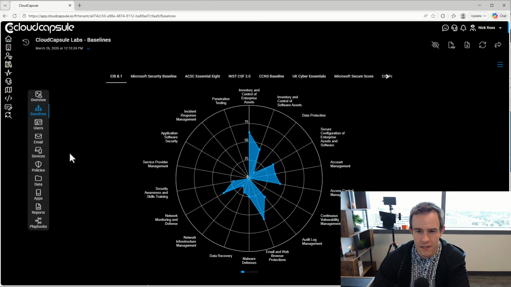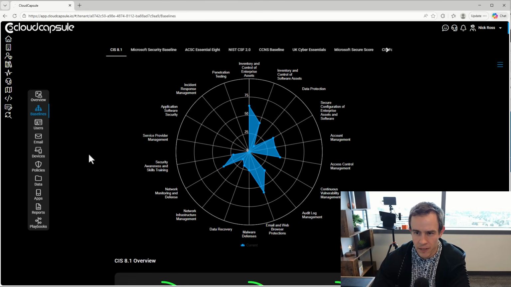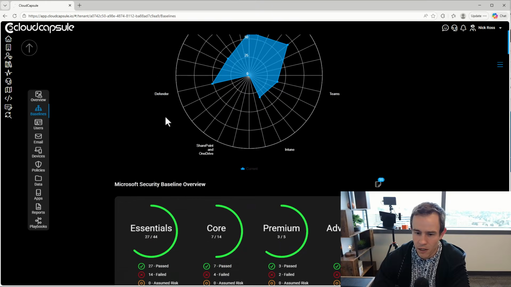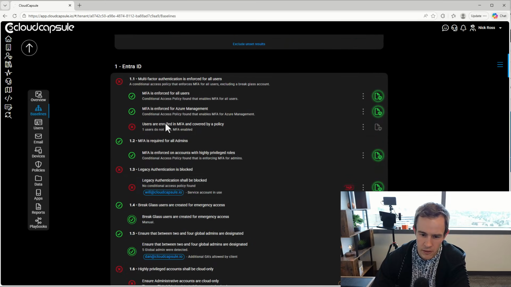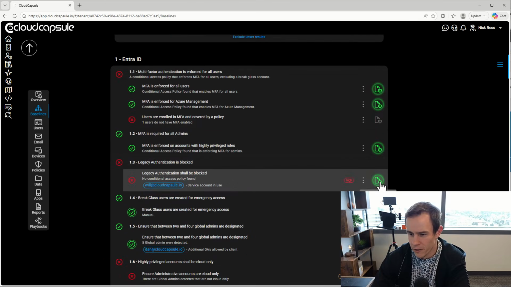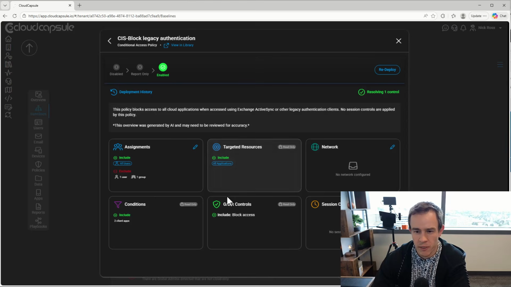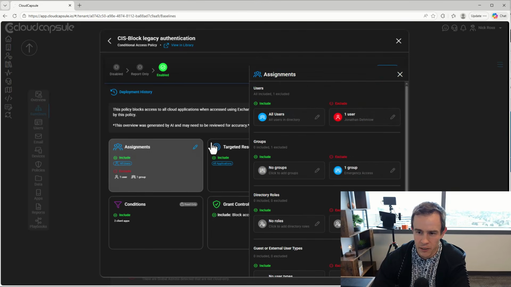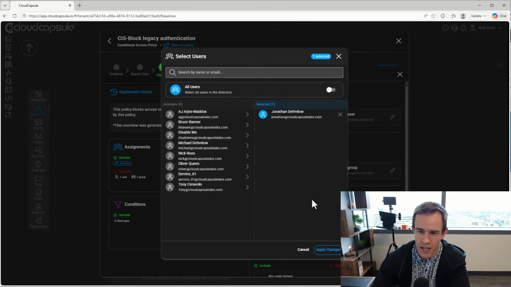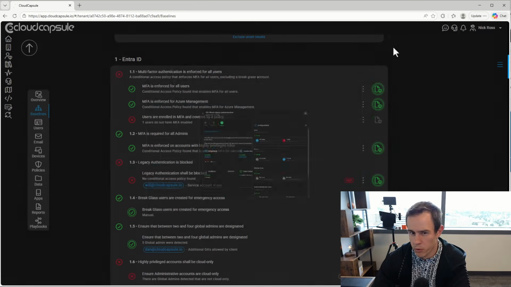Within the baseline section, we map to various compliance standards like CIS and NIST. And now we've introduced remediation capabilities so that within this context, you can actually push and deploy policies directly from within our portal. So in this particular case, we can actually push out a legacy authentication policy. We can actually choose the assignments that we have within this context to be able to deploy and get this